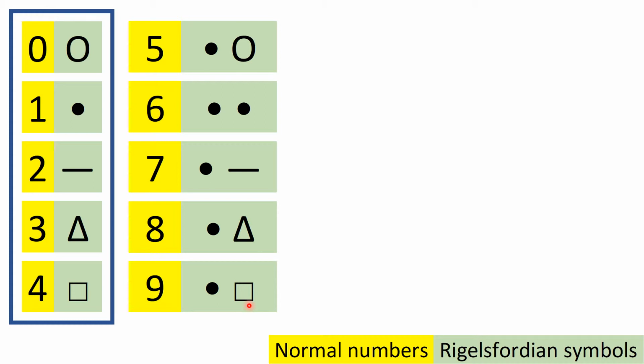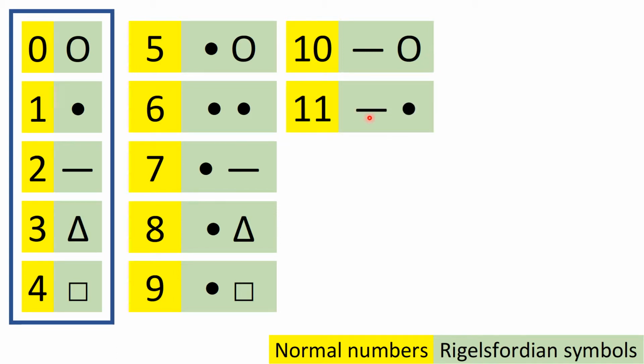Now here's where it gets even trickier. How can I write the number 10? Well, if I have 10, I have 2 groups of 5. So I can write dash, then circle to show that I have 2 groups of 5 and then nothing left over. Then for 11, I can write dash and then dot to show that I have 2 groups of 5 and then 1 left over, because if I have 2 groups of 5, I have 10, but then for 11,